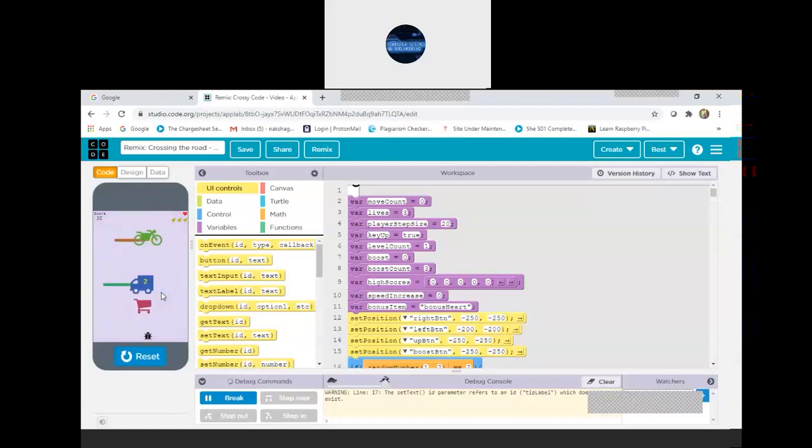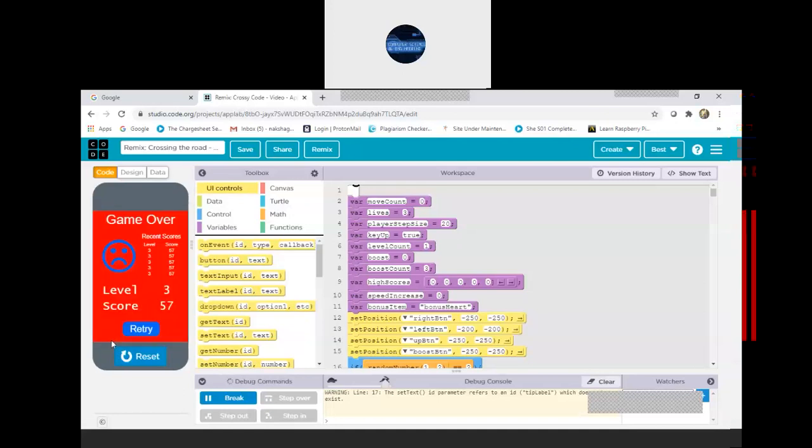And shift, or the boost here, is used to remove these bars. See, now the bars are removed. In phone we can play by these buttons. So these buttons also work, you can see. Shift button, bars have gone. And if you hit a motorcycle, after 3 lives have gone, your game is over.